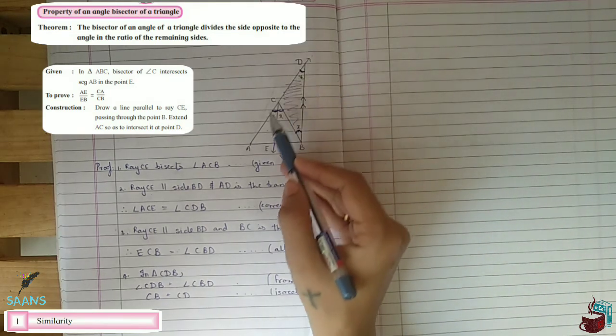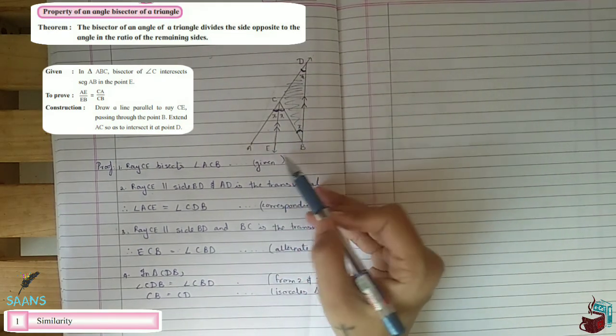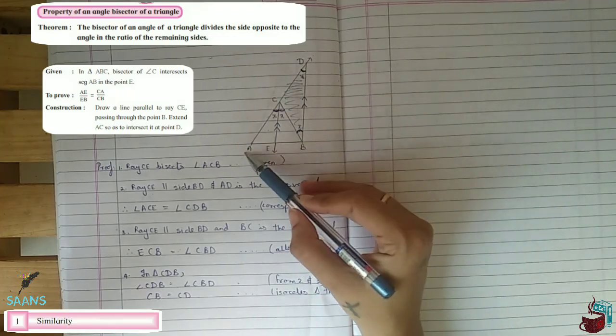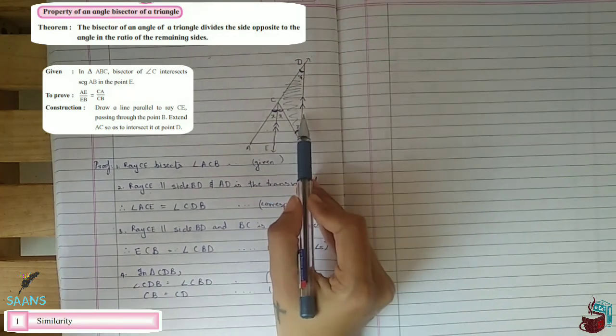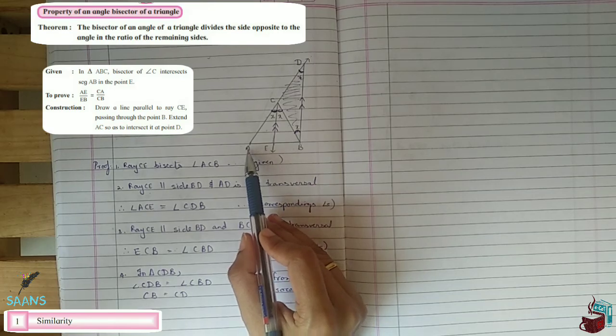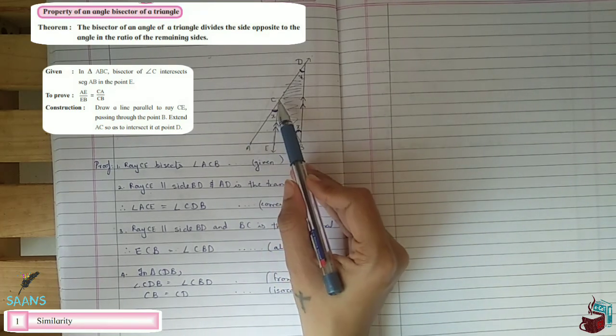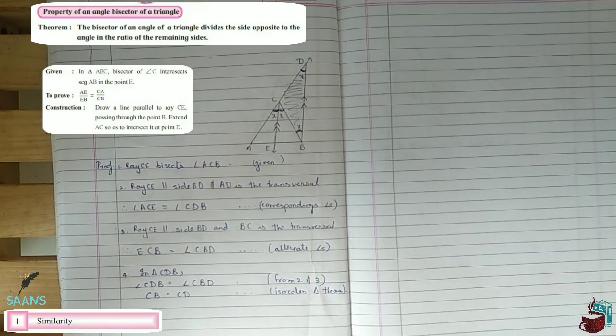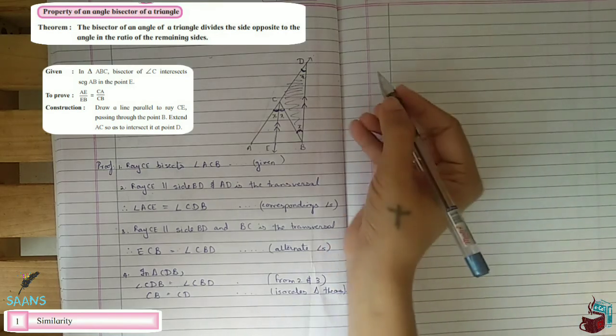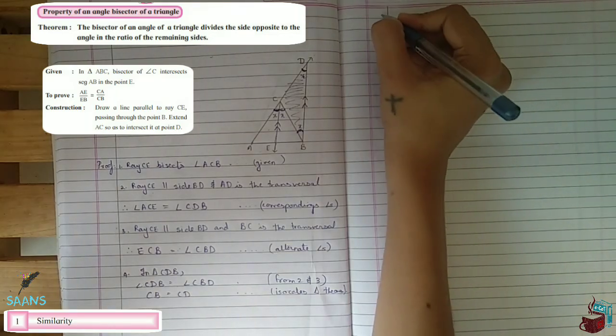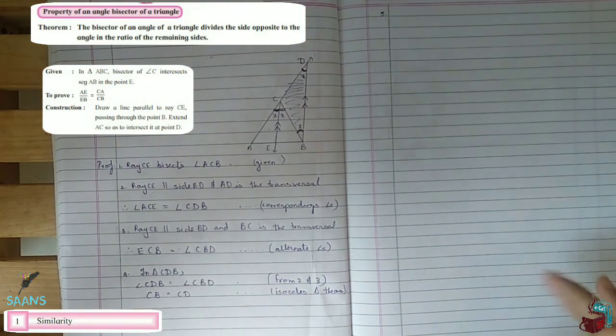Now see this big triangle, ABD. In ABD, this is parallel to this. So if I apply BPT, AE upon EB will be equal to AC upon CD. Yes or no? So let's apply that and see. I'll give you 2 minutes. Okay. So now